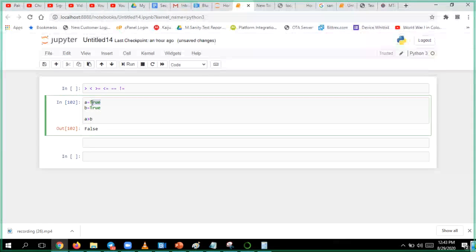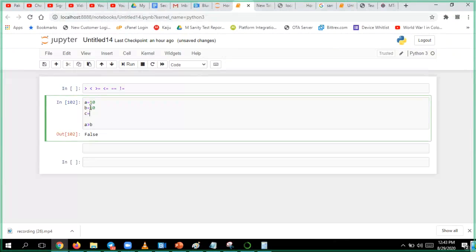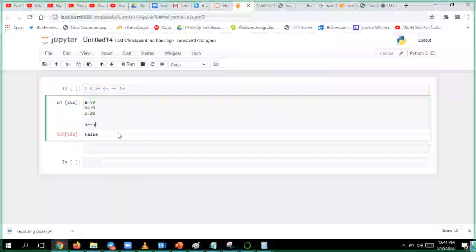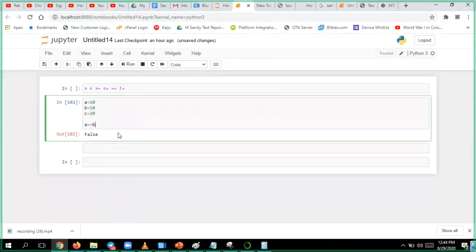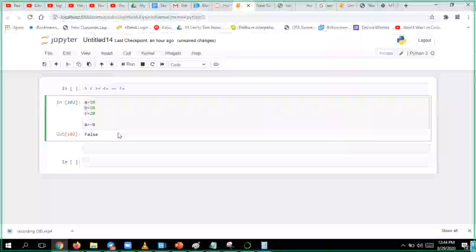Now, A is equal to 10, B is equal to 10, C is equal to 20. Just A is equal to 10. What does A equal to B return? True or false?